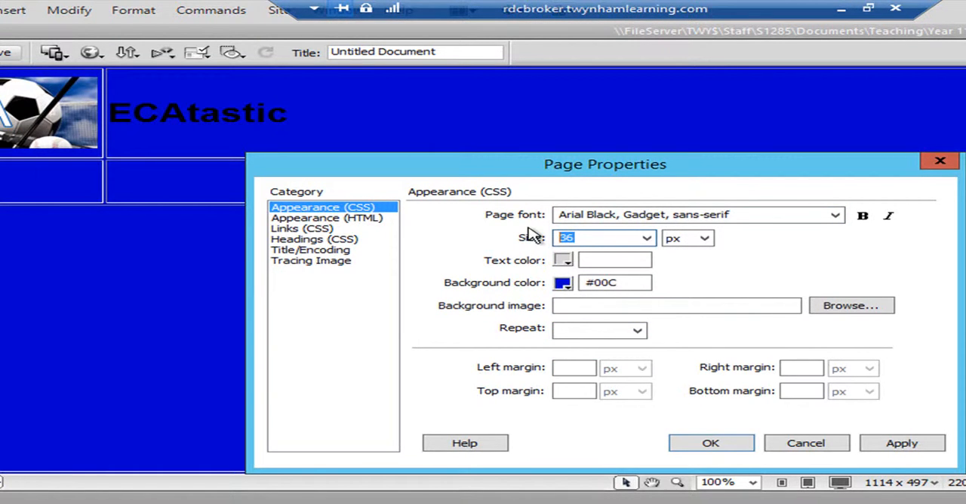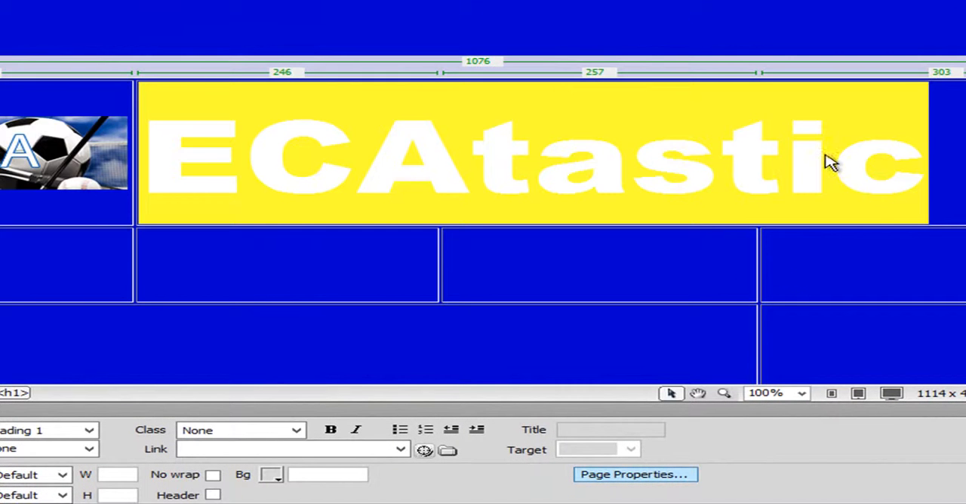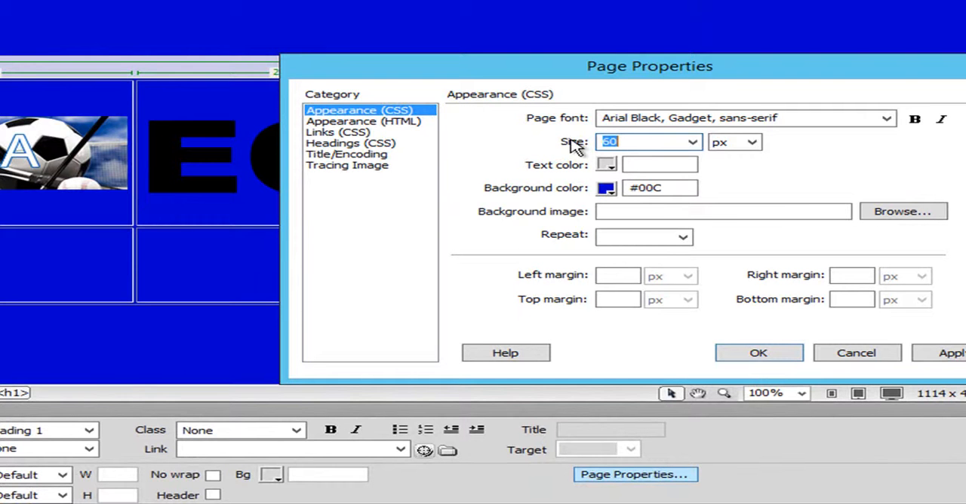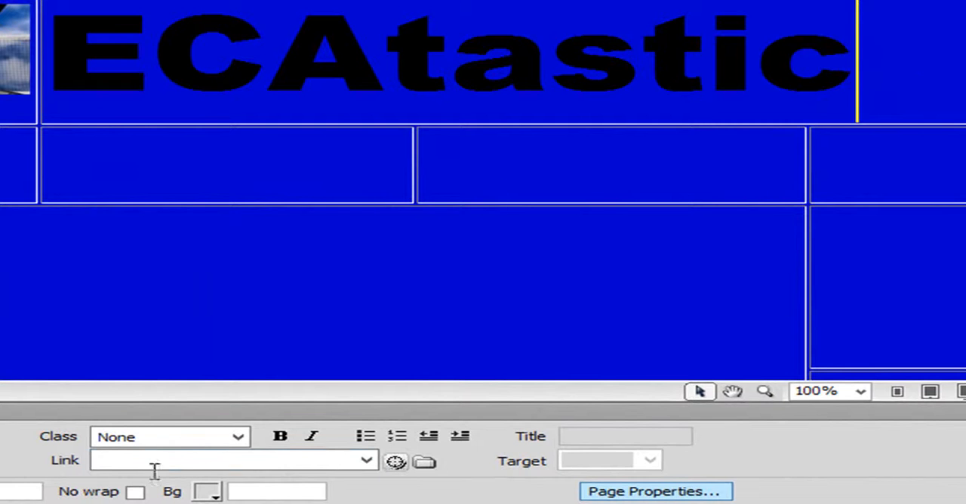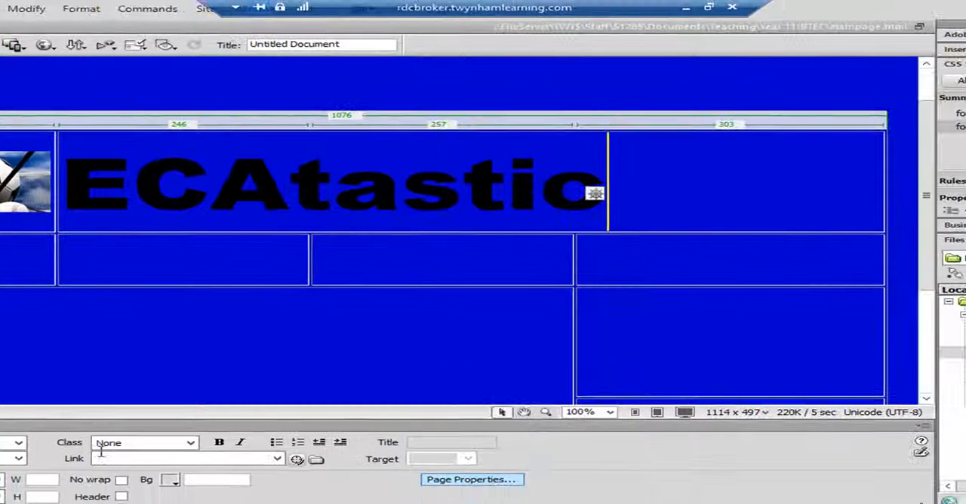I put 36, but I could also put in a higher number. Whoops, that's probably too high. Something like that. The only problem is it means that all the fonts on your page will have the same font size, which may not be so good. So alternatively,